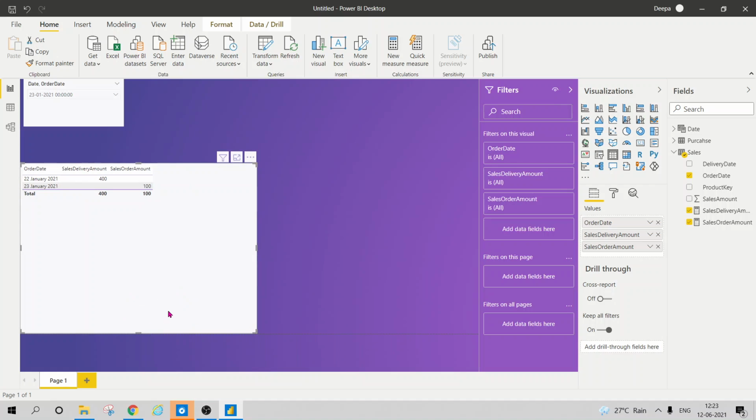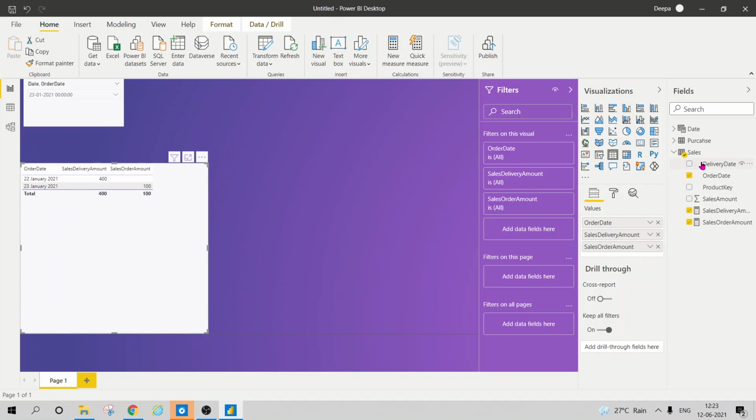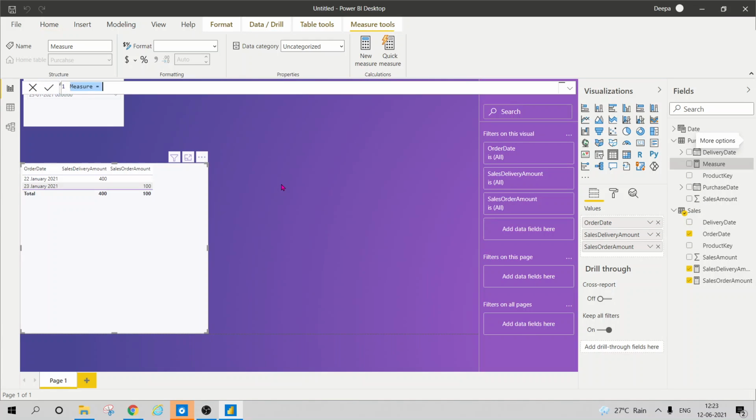Now again he wants to see it similarly for the purchase as well. So let's create two more measures. We can create these measures in any table; that's not an issue. Ideally, the measures are created in one folder, so that's fine.